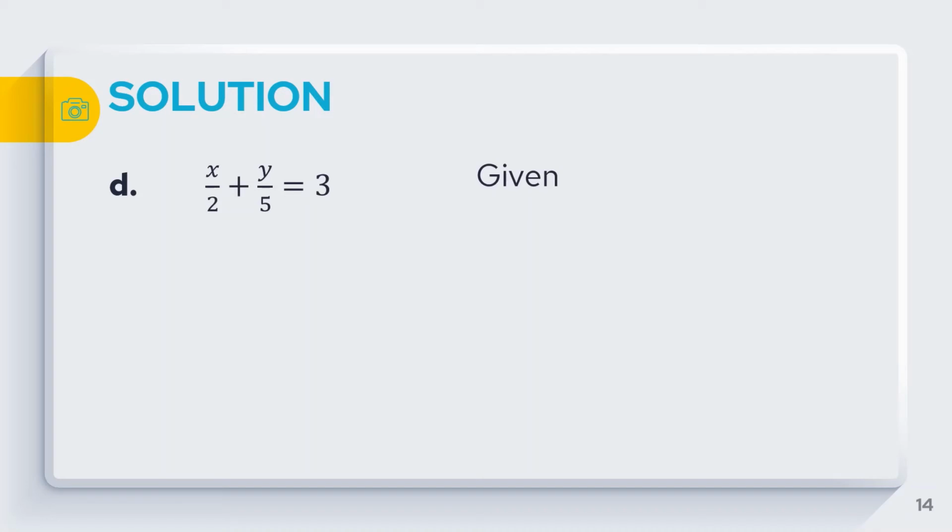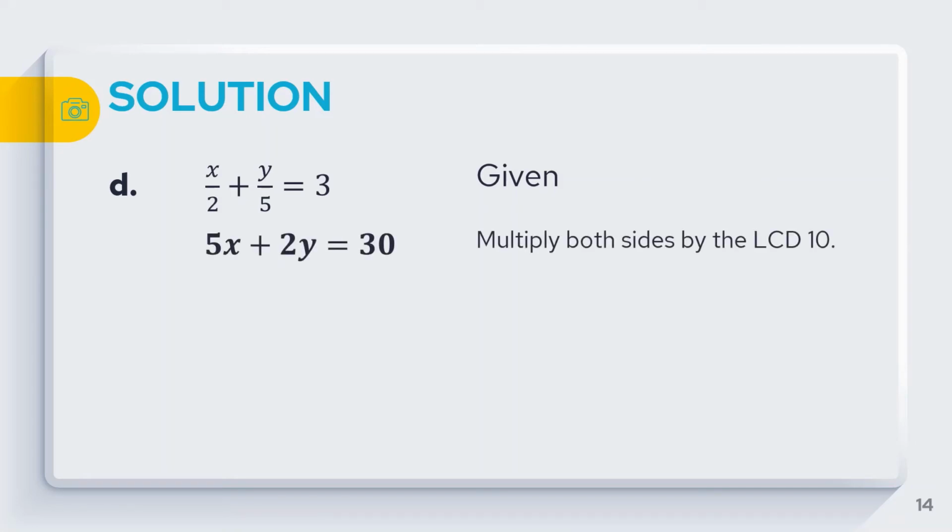Now let's have our last example. The given is x over 2 plus y over 5 is equal to 3. Since our given example are fractions, we have to make it into whole numbers. So to do that, we have to multiply both sides by the LCD, which is 10. The answer now will become 5x plus 2y is equal to 30, since x over 2 times 10 is equal